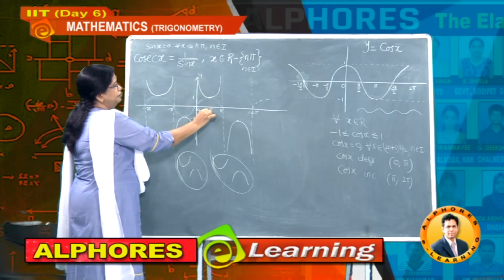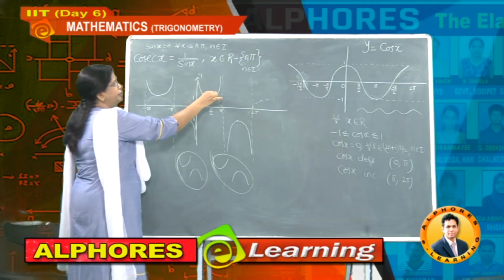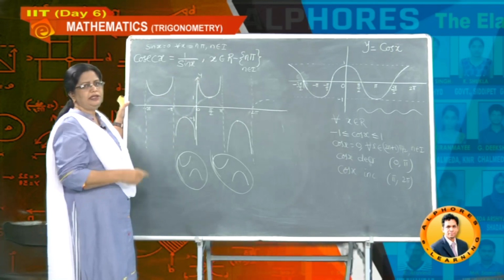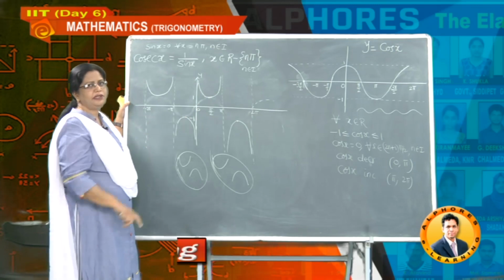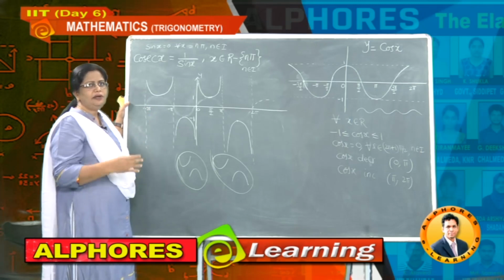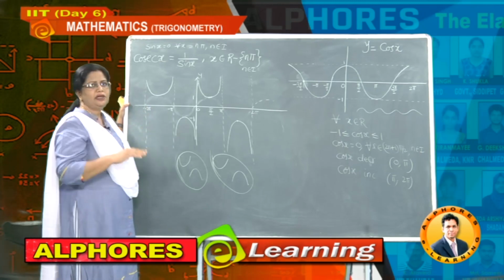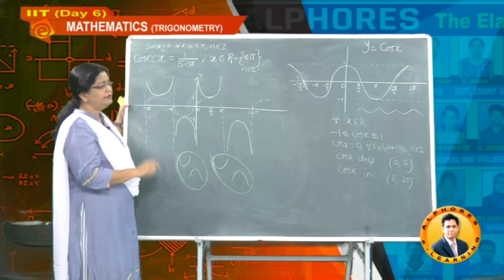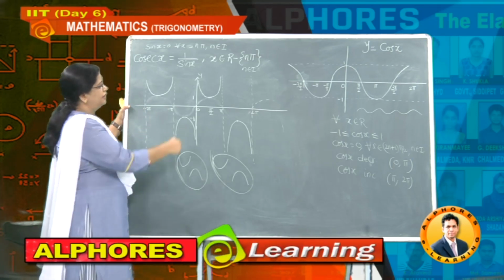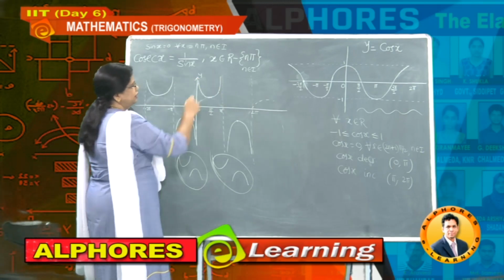From 0 to pi by 2, decreasing, and pi by 2 to pi, it is again increasing. So no need of any byhearting, just recollect the graph of the function. So directly you can tell what are the values, that means increases in what interval, decreases for what interval. So always you have to feed all these graphs in your mind computer. Whenever you require, just press a button and you can get all the values. So 0 to pi by 2, how is it coming? Decreasing. Pi by 2 to pi increases.